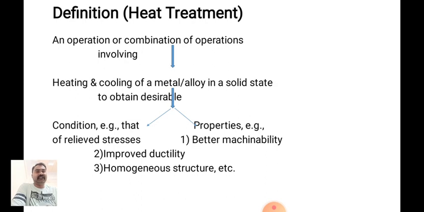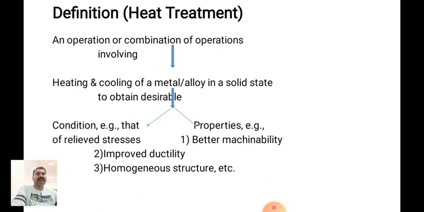You have studied the different metalworking processes in manufacturing process 1, in the third unit, metal forming processes. In metal forming there are some hot working processes and some cold working processes. During hot working, cold working or any other metalworking process, some stresses develop in the steel or material. Those stresses must be removed, otherwise there will be a chance of failure of that component in the actual working process.